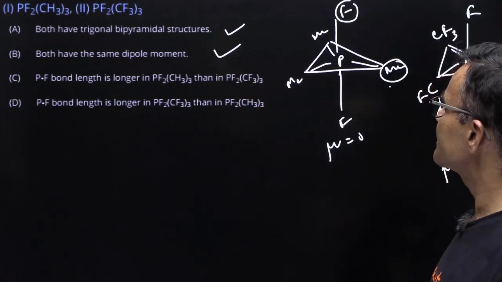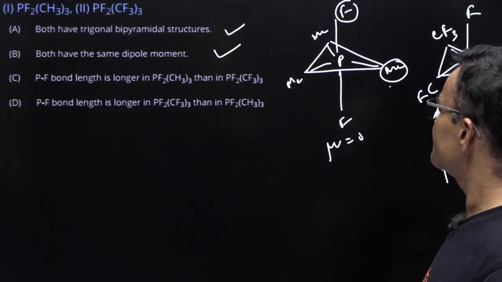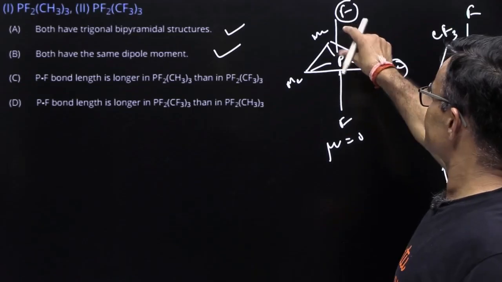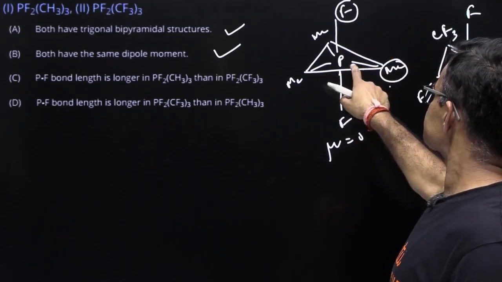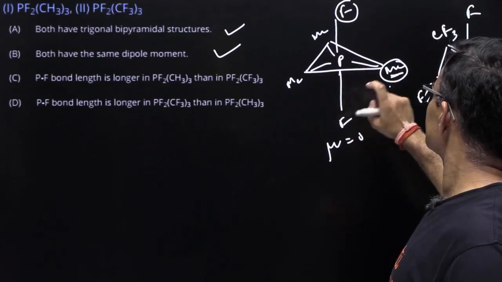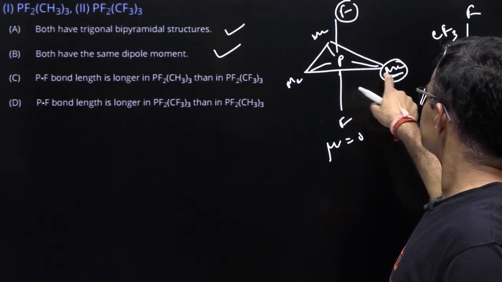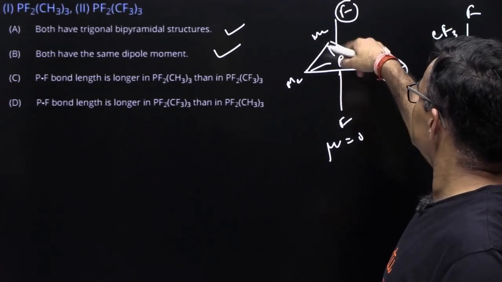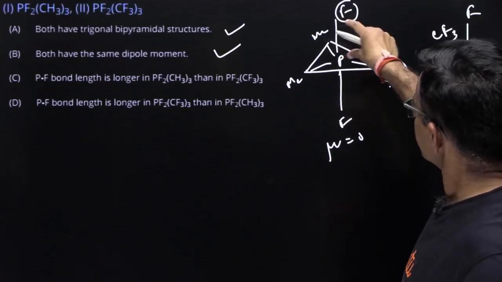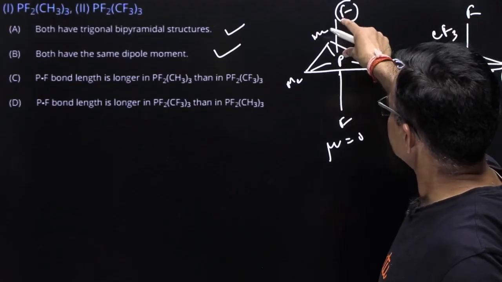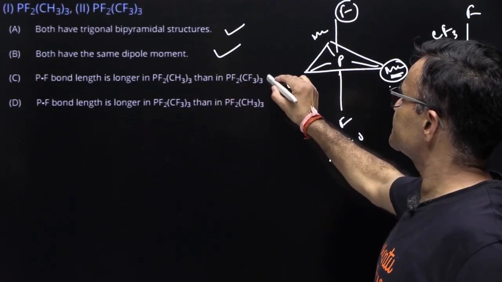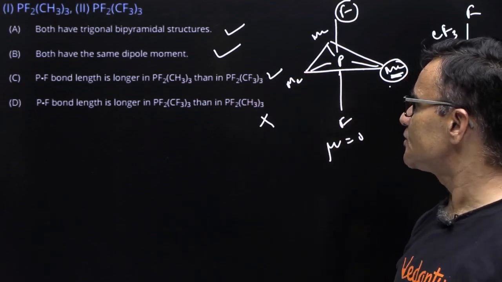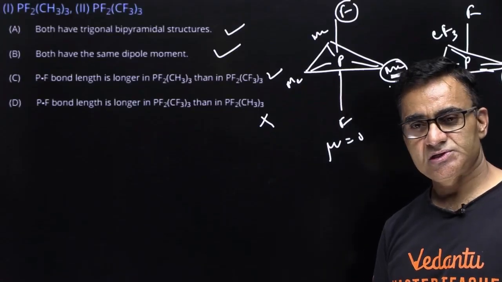Coming to third statement, PF bond length is longer in PF2(CH3)3 than PF2(CF3)3, यानी कि मुझे इसका बॉन्ड लेंथ कंपैरिजन करना है। अब देखो यहाँ पे S करेक्टर ज्यादा है एक्चुअली, क्योंकि ये कम इलेक्ट्रोनेगेटिव है। अगर यहाँ S करेक्टर इसके कंपैरिजन में ज्यादा है तो यहाँ S करेक्टर कम हो गया, और अगर S करेक्टर कम है तो इसका बॉन्ड लेंथ अधिक होगा, तो PF बॉन्ड लेंथ इज लॉन्गर इन दिस एंड शॉर्टर इन दिस। तो ये स्टेटमेंट करेक्ट है, तो ये गलत हो गया, ऑटोमेटिकली उल्टा लिखा हुआ है।